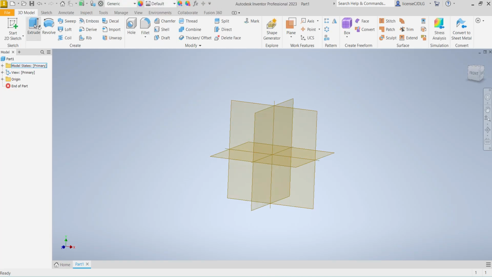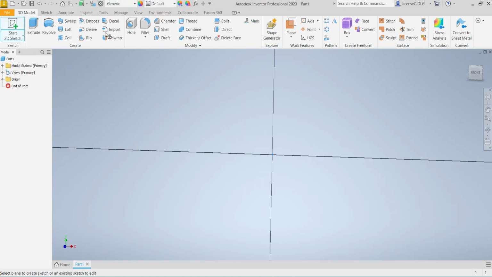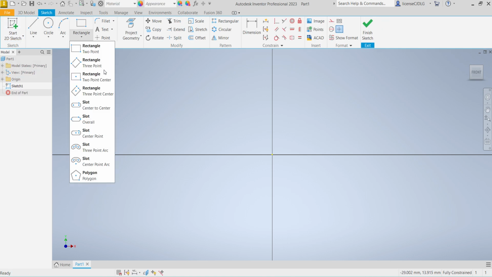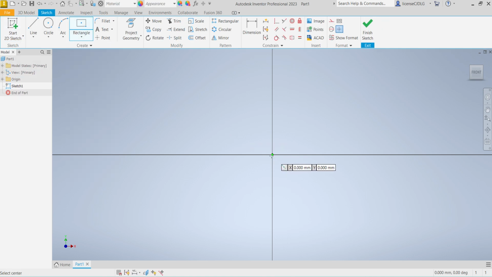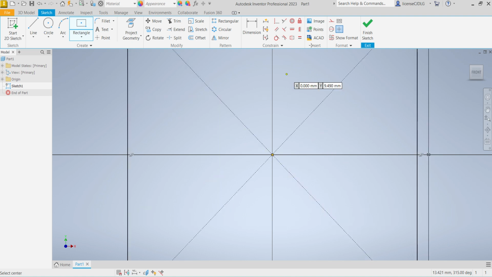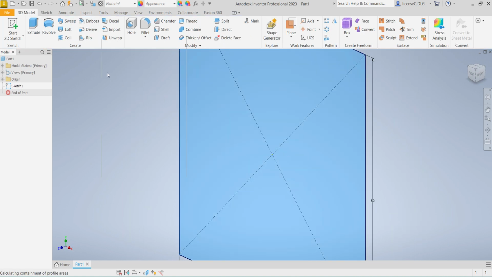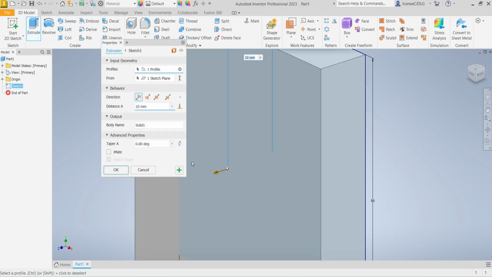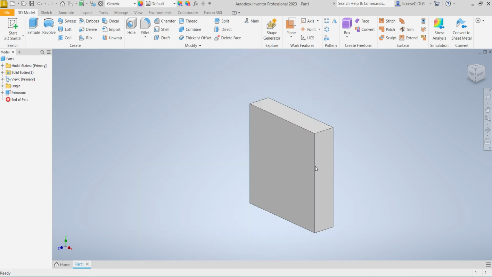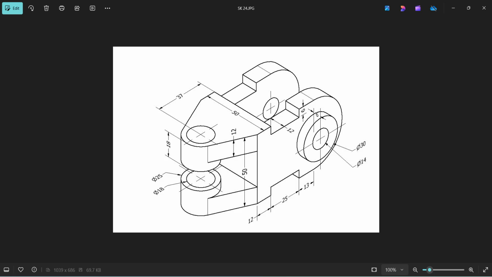Select Extrude, select this plane, create one center rectangle, 50, tab, 50, finish sketch, extrude up to 12 mm. Next, this flange,